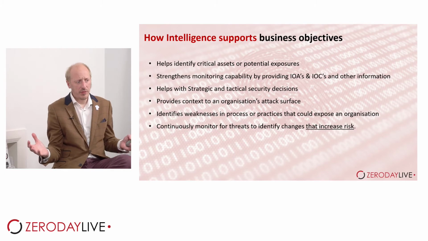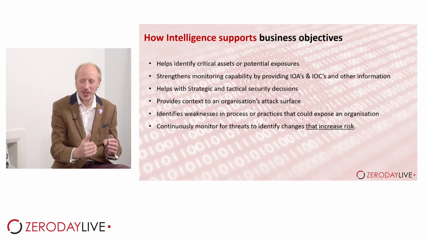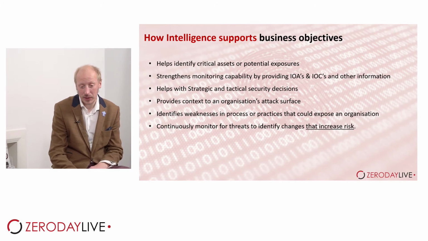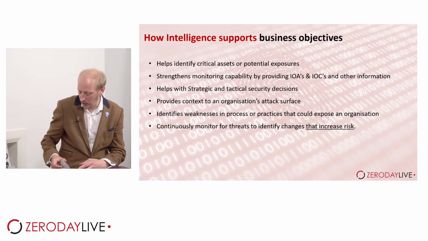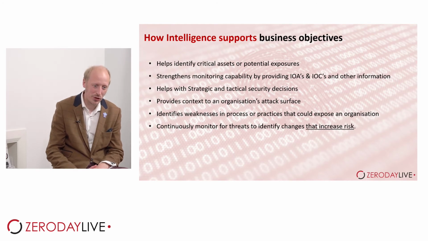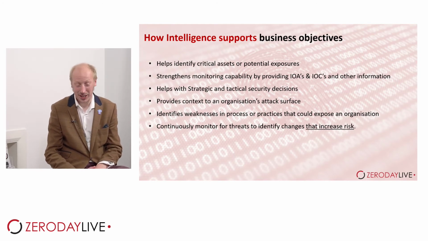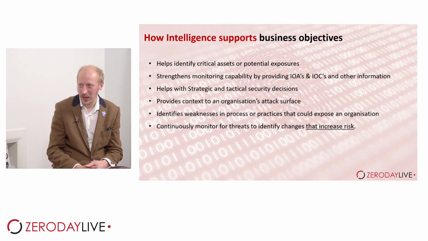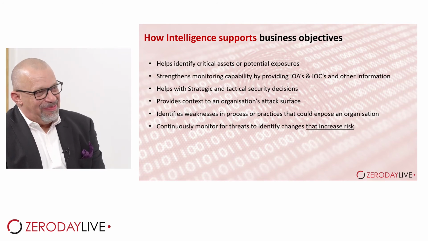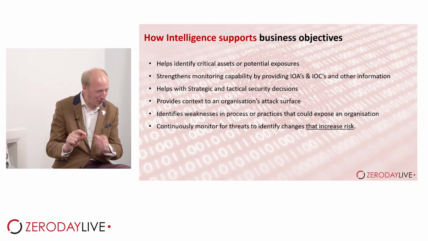It does, and context is important. Context is king. Absolutely, every time. So it's data until you have context. And context gives you the ability to make it actionable, and actionable intelligence is the form of intelligence you want to be generating, all the time. If you've just got data, that's great. Data's good. Fill your data lake, please. You actually pick out the bits you can do something with.